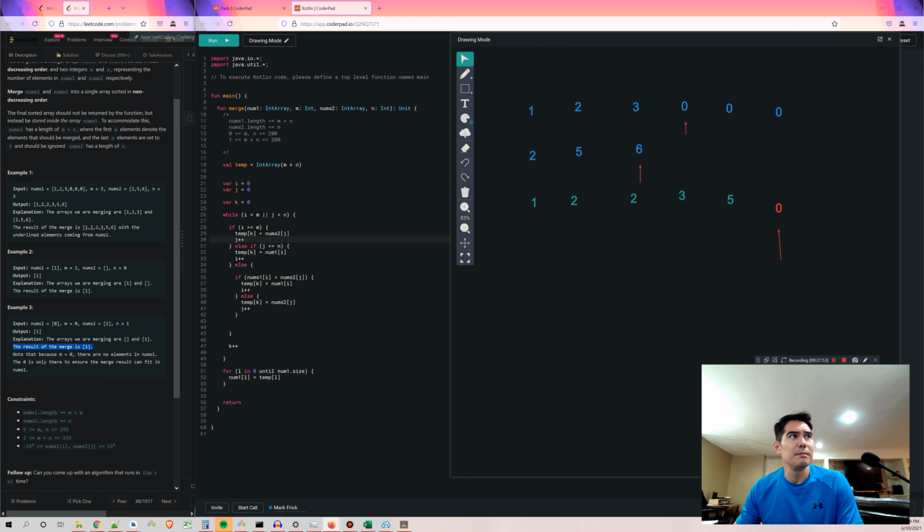If I is less than m, which it is not less than m, I is now 3, m is 3, or j is less than n, j is now 2, n is 3, so yes, we continue the while loop. If I is greater than or equal to m, which it is, we take j. Temp k equals numbers 2j,